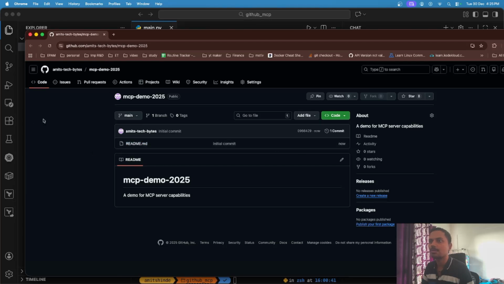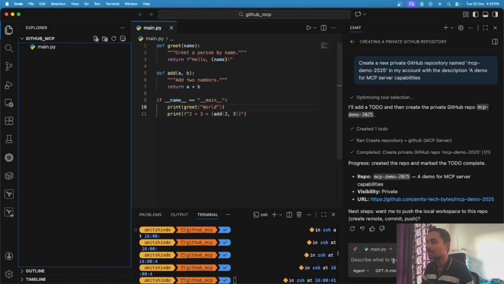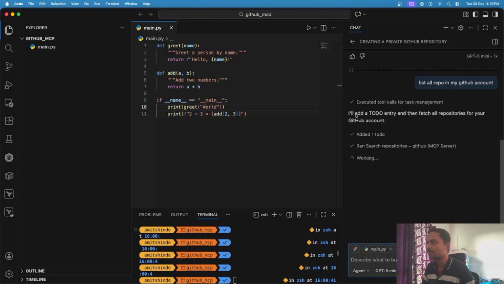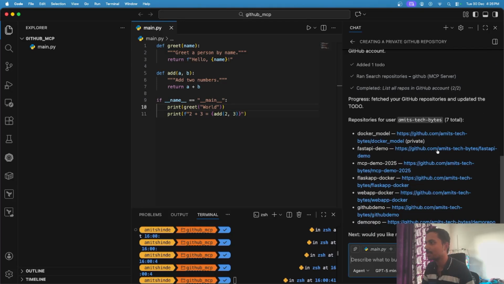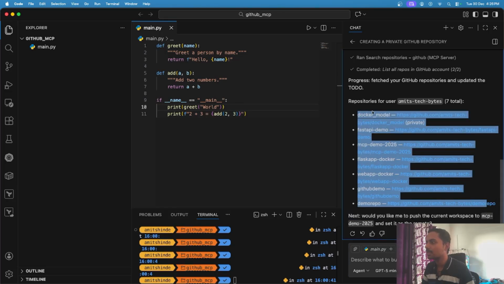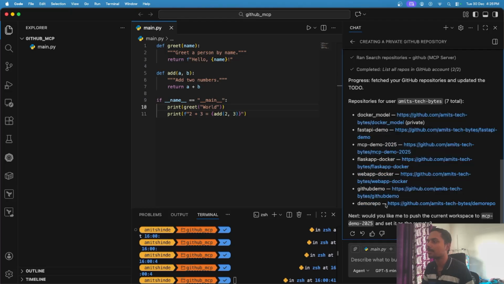So like this we can do a lot of operations. Also I can type "list all repo in my GitHub account." So that is also possible. If you see here, GitHub Copilot was able to successfully use the MCP server as a tool, the GitHub MCP server, and list down all the repositories in my GitHub account. So like this I can create